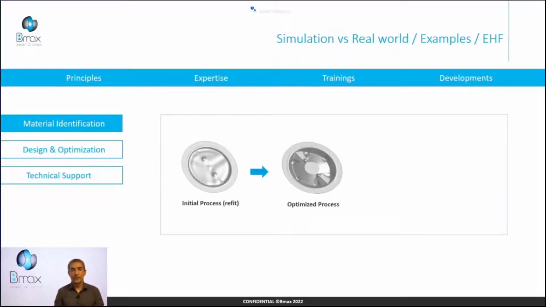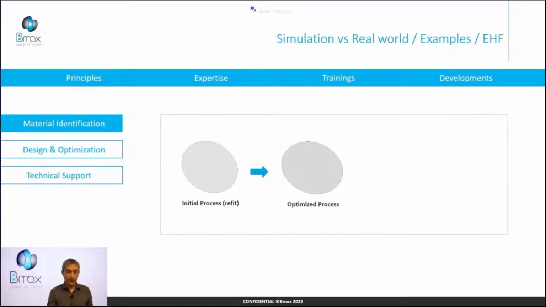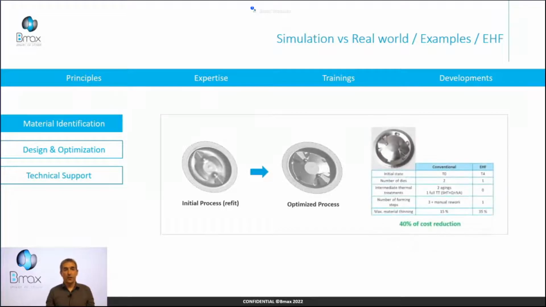The first step consists of reproducing the experimental result from the previous test campaign, where we used a large, versatile water tank to form large panels for aeronautic applications. In simulation, we reduce the water tank and we reduce the energy level and the number of discharges to design a new, more efficient process. When we apply this process in the new test campaign, we are able to form these parts respecting the customer's requirements. And according to the customer, compared with the conventional process, we can have a significant cost reduction.